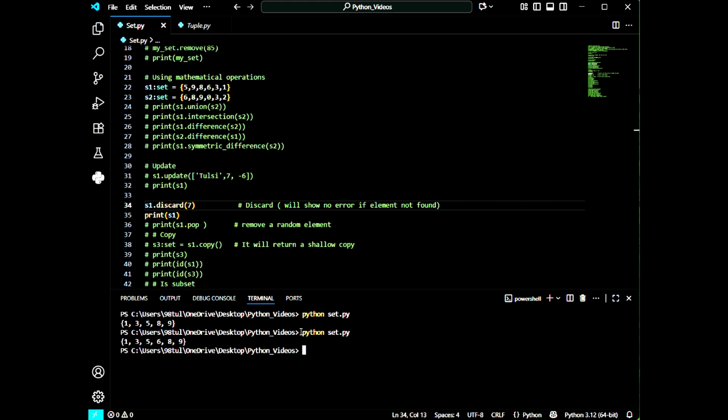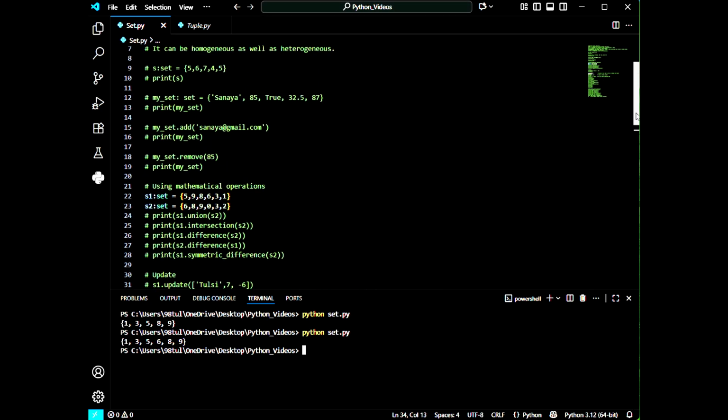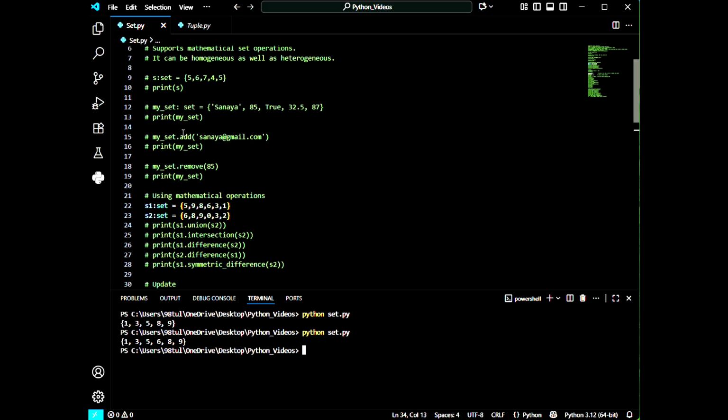Let's see. It is giving me the whole set. So when we use the discard function, if the element is not present in the set, it will return the set, but it will not give us an error. But if we use the remove function to remove an element which is not present in the set, then it will give us an error.